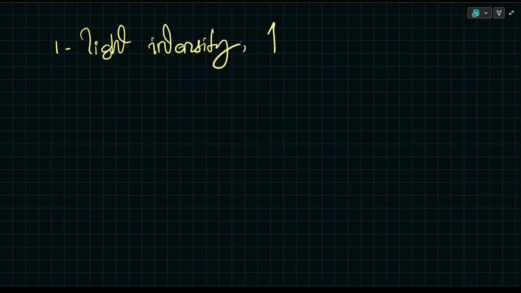If light intensity goes up, rate of photosynthesis goes up. Very simple. We'll talk about why, and I will give you a graphical analysis as well. First things first, we'll write the concluding statement. So the greater the light